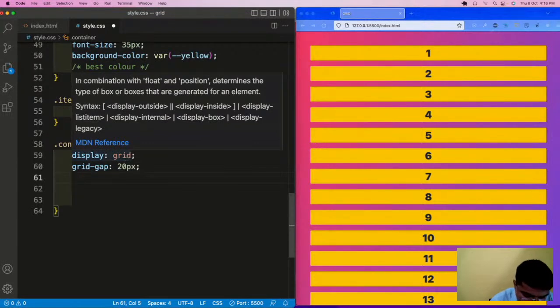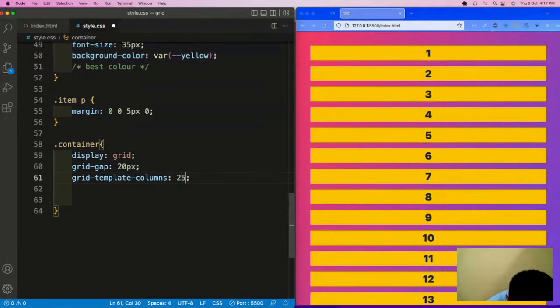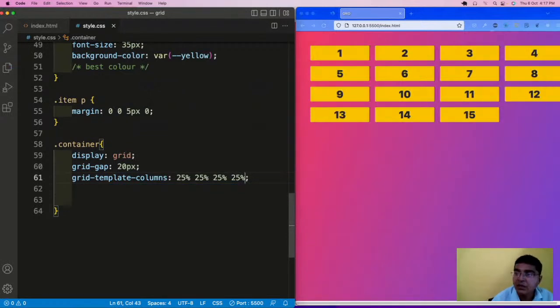So we use grid-template-columns, GTC. Always try to use the shortcuts. 25%, 25%, 25%, and 25%. So if you see here,